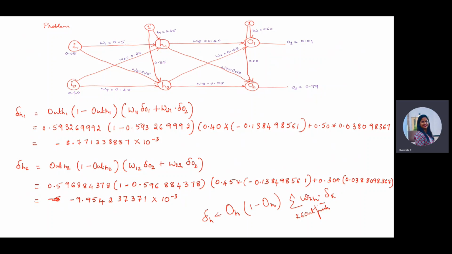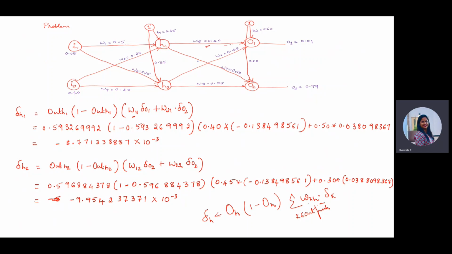Then we need to consider W K of H. This H1 is connected to this unit as well as this unit, so when you trace back, you need to consider this weight too, written as W11. We take this value into delta of O1, the error term already calculated at the output layer, plus